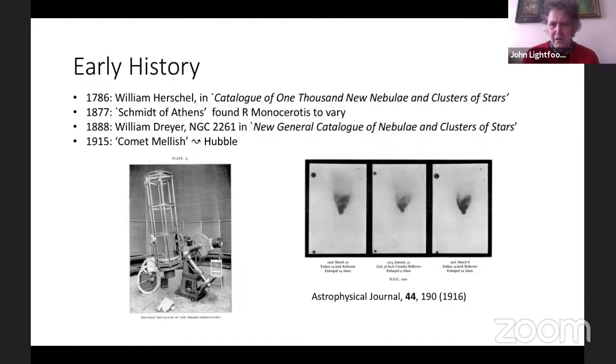I'm not quite sure that they're showing variability in the nebula or variability in the photographic emulsion of the plates. But anyway, Hubble saw enough to convince him that the nebula was varying. So that was his first encounter with the nebula, and throughout the rest of his life, he apparently maintained a strong interest in it and would observe it fairly frequently at regular intervals.